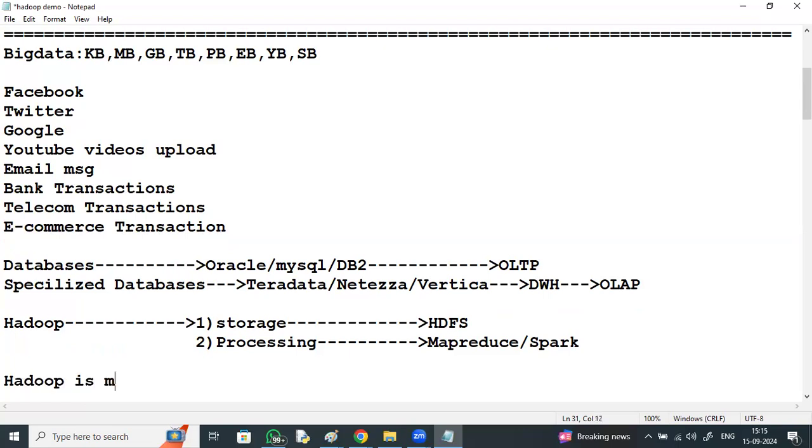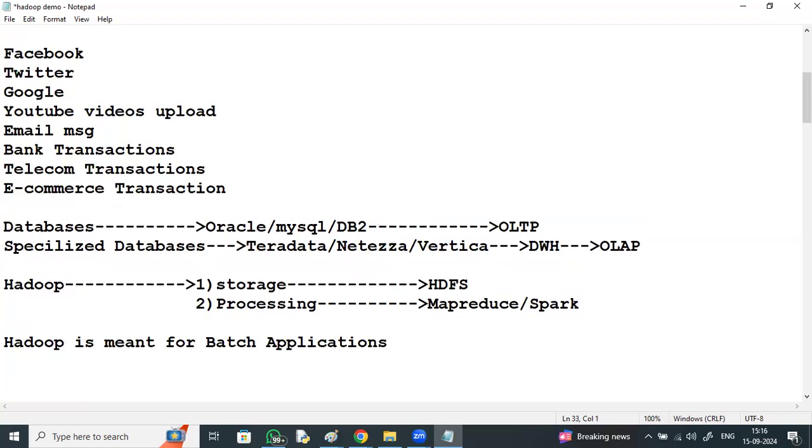Next. Hadoop is meant for batch applications, not for online applications. There are two types of applications.